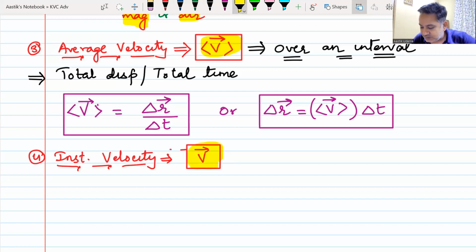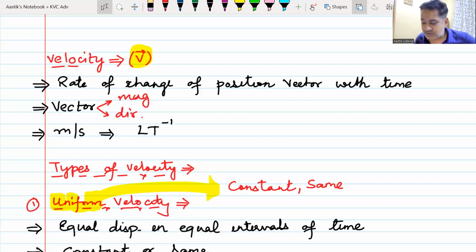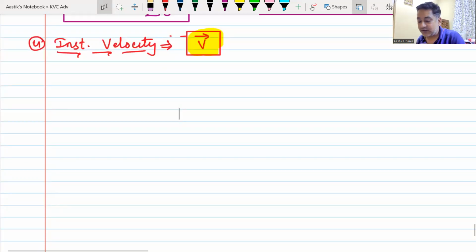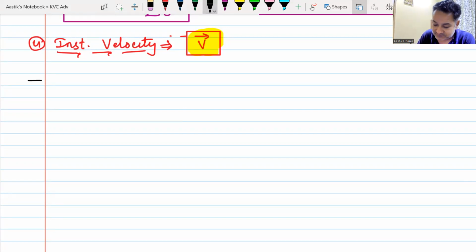Now, as soon as you see the same symbol as it is used here to the symbol that was used here, I will repeat my words. Whenever someone refers to velocity, which velocity is he referring to? When I ask you what is the velocity, which velocity am I asking you? Instantaneous. I am asking you the instantaneous velocity. Therefore, instantaneous velocity in short is what we call velocity. Do we understand this? Yes, sir.